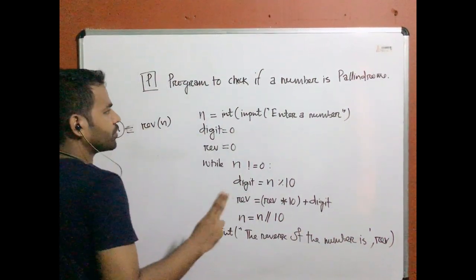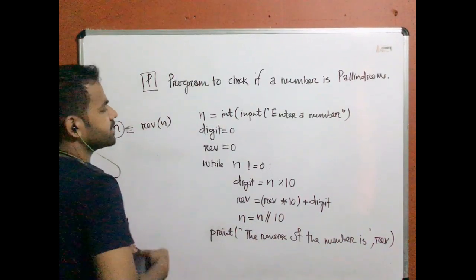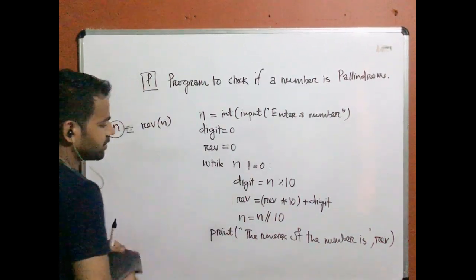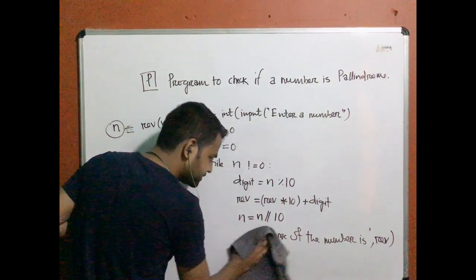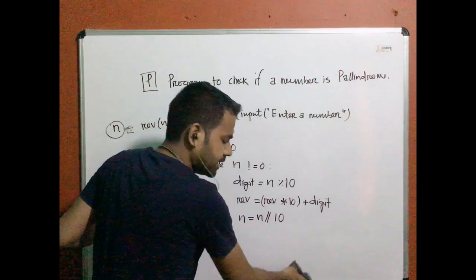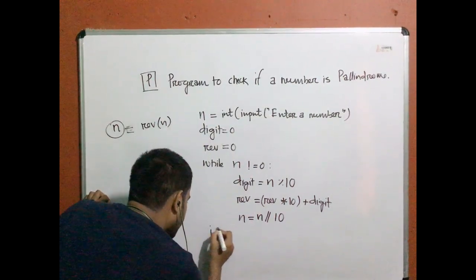So we covered two programs. One is to calculate the reverse of a number. Now we are going to change this program so that it will check if a number is palindrome or not. So I am going to erase this statement and I'll write, this is very simple, I'll write if